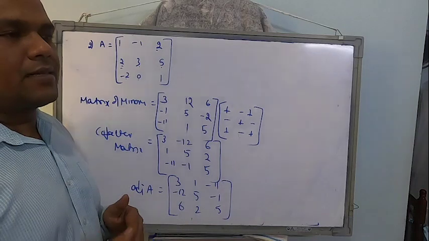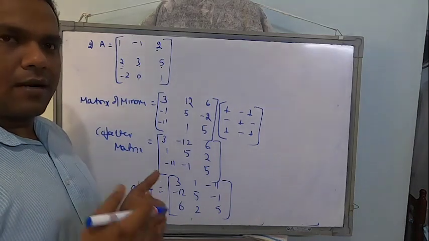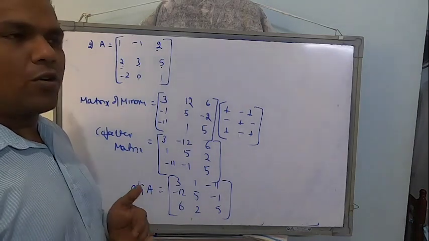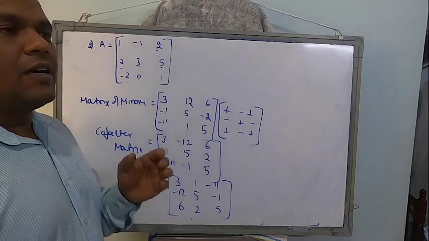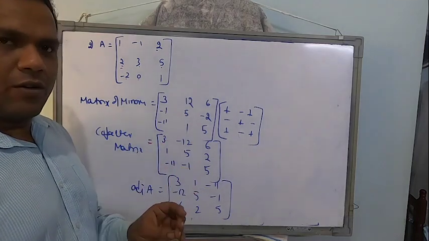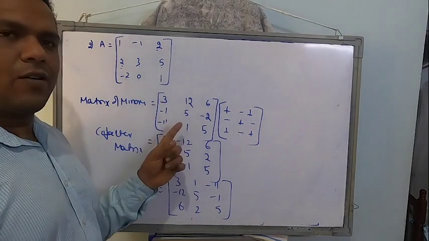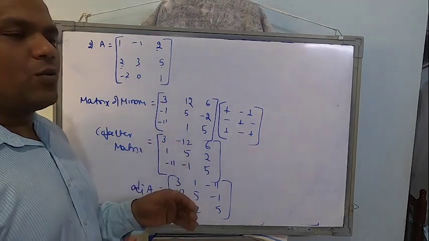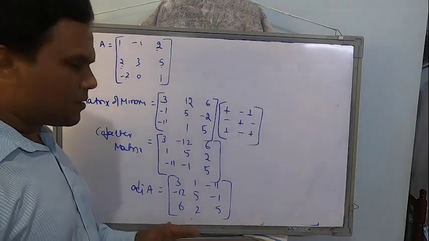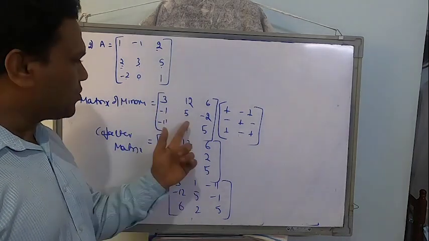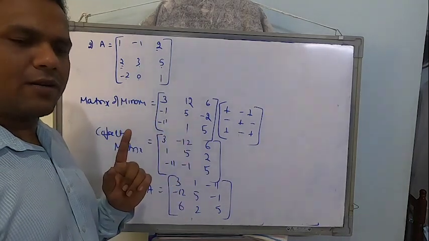So in the beginning, like yesterday, you sit and practice and make sure you're perfect with finding minors. If your minors go wrong, then everything will go wrong. So finding minors is very important. Just take care of finding minors. Once you get used to it, come to writing the matrix of minors directly.